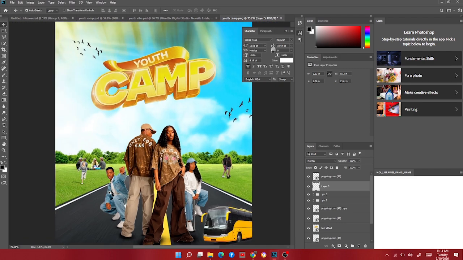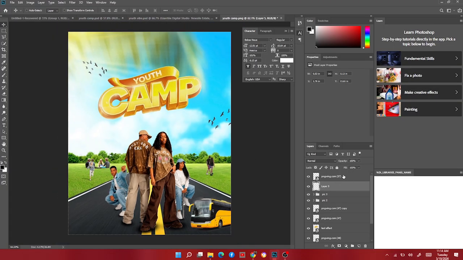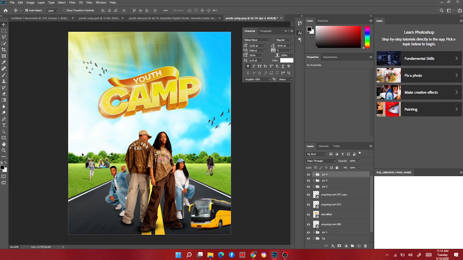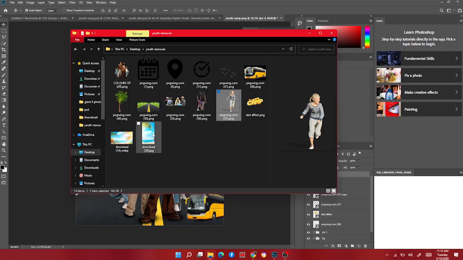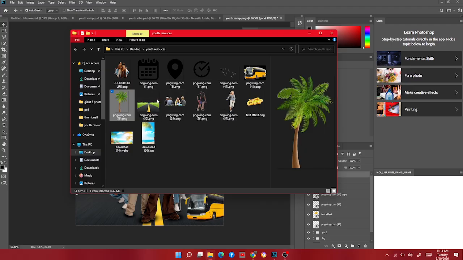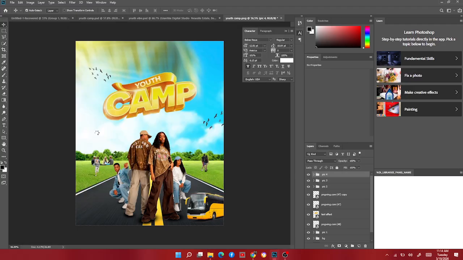Can you see what we have? This is what we have. This is very beautiful. So you do the same, Control G, then you name it Pix 4. This is beautiful. If we are done with this one, come over to the place you have your resource file. So you drag and drop this tree into Photoshop,